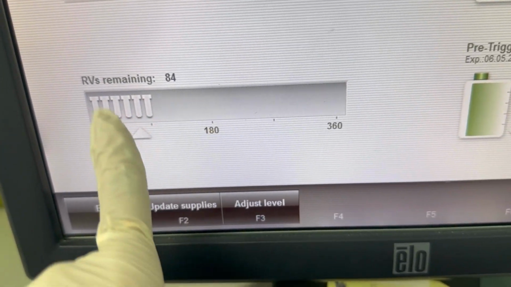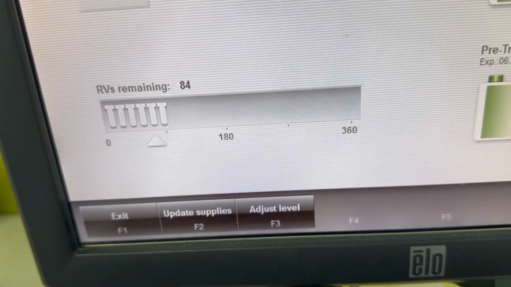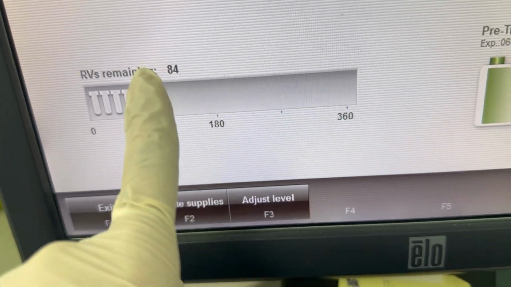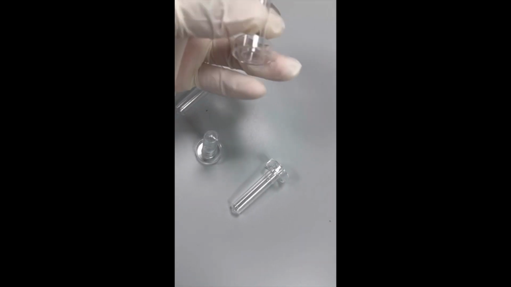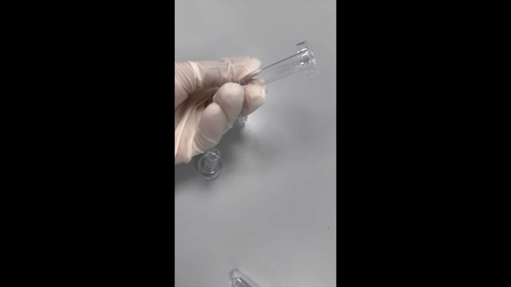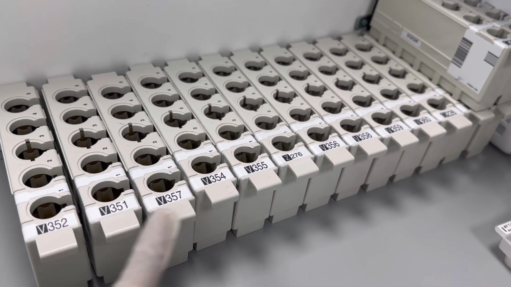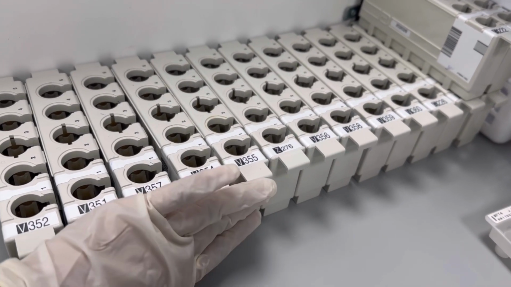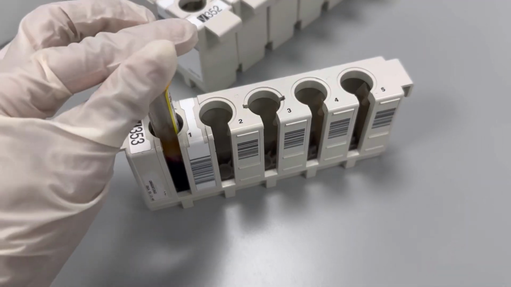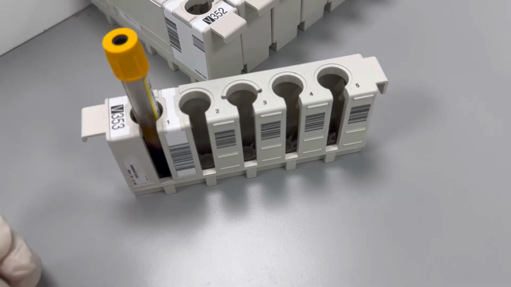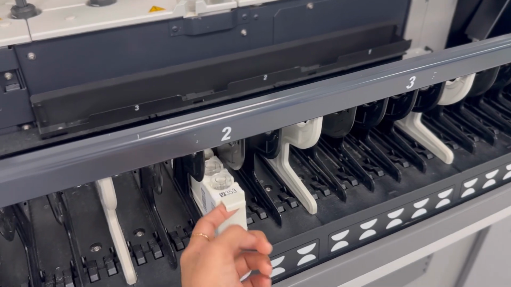Okay, here now you can check, we have only 84 remaining. These are the sample cups, guys, and these are the sample trays. We have the number of trays here as we can load, and this is how we are keeping the sample in the vacuum. If you keep the cup, this is how you will keep the cup in the rack, and you will